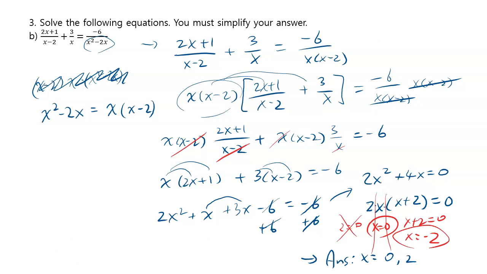Well, it can't be a solution because if you plug in 0, you get 3 over 0. And having a 0 in the denominator is a big no-no. You can't divide anything by 0. Okay? So if you are not understanding why dividing by 0 is bad,